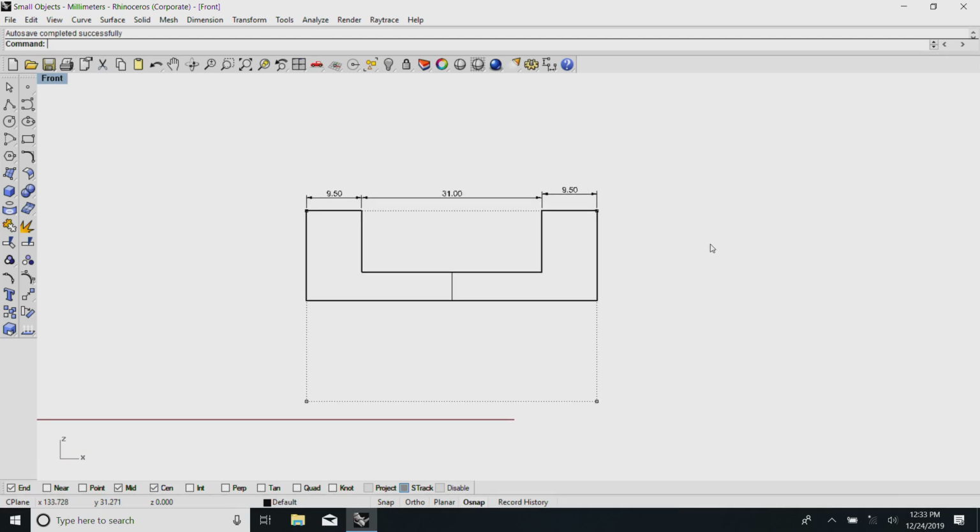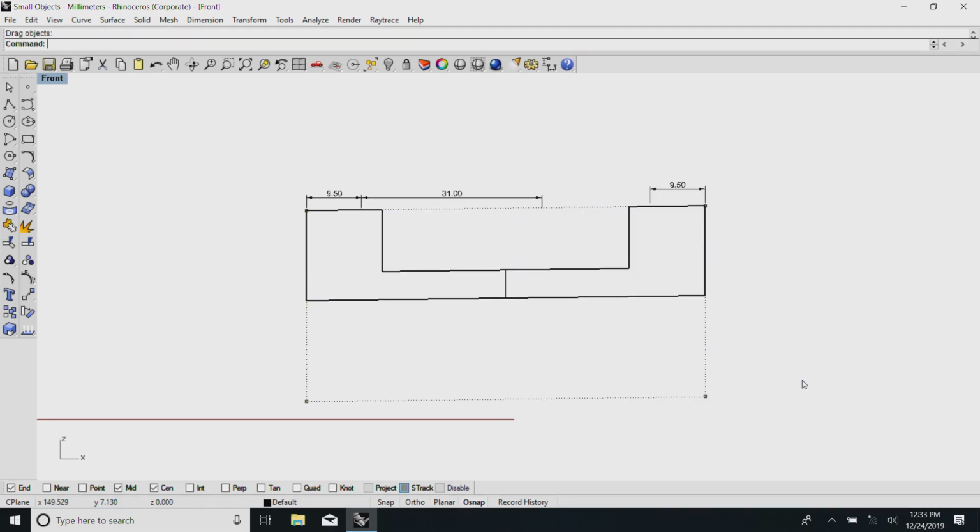Once you have made a drawing of one of these profiles, the advantage of using any of these CAD packages is that I can easily see what I have done.